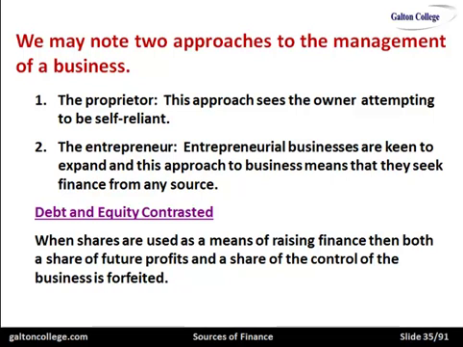So when a company wants to raise finance, they may issue shares. That will raise the finance they want, but they will also have to give up part of the ownership of the business. And the owners of the ordinary shares, they'll become shareholders, and they can meet and vote on issues and make suggestions and be involved in the business and watch the business and monitor it. And so the entrepreneur or the person who started the business will have this extra responsibility to ensure that the shareholders, the individuals who put capital into the business, are satisfied with the performance of the business